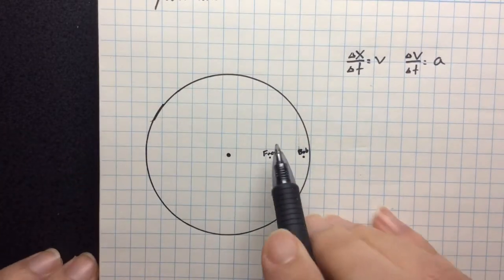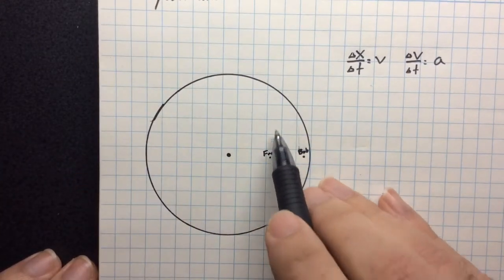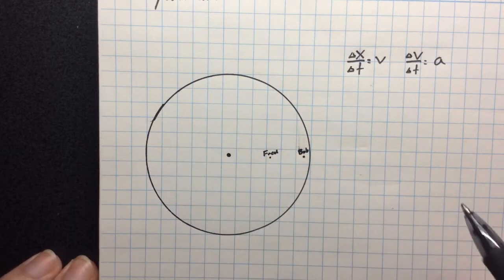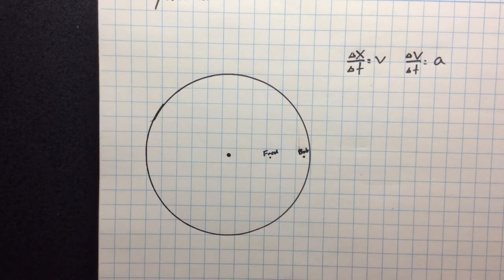So for one full rotation, Bob goes this outer distance, Fred goes this inner distance, and what you should know about circles is that the bigger circle that you have,